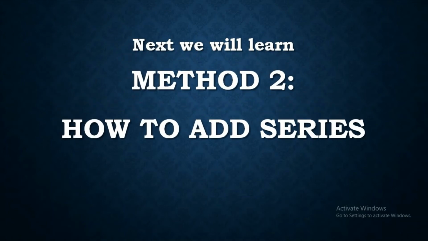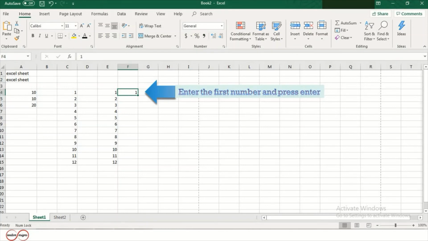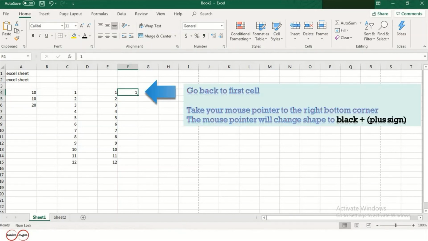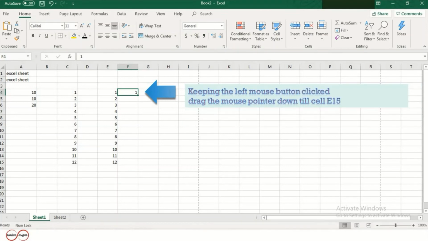Next we will learn a second method to add a series. For that, enter the first number and press enter. Go back to the first cell. Take your mouse pointer to the right bottom corner. The mouse pointer will change its shape to black plus sign.